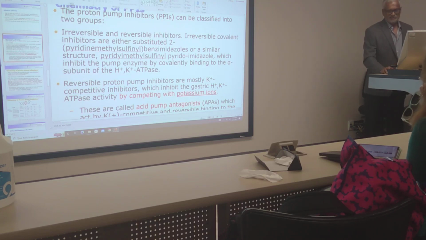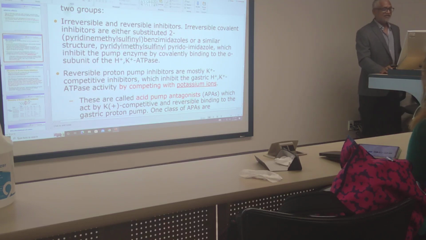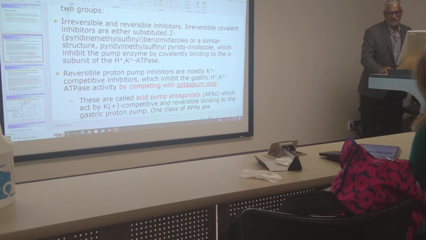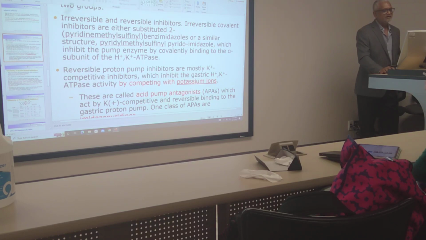Not much success. Where is the target? Unlike the irreversible inhibitors, they don't bind to the cysteine SH groups. They shouldn't make a covalent binding. They should bind reversibly. A non-covalent binding is preferred, or whatever the investigational drug we know,